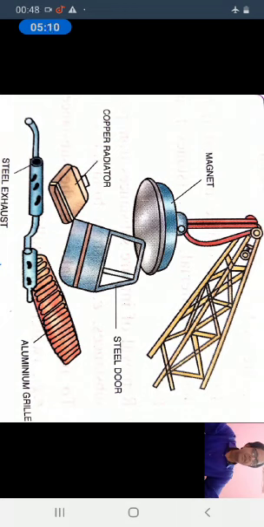Now next is magnetic separation. This method is employed to separate the magnetic substances from the mixture. Principle: it is based on the property of a magnet to attract magnetic substances towards it. Method: a magnet is passed over the mixture containing iron.